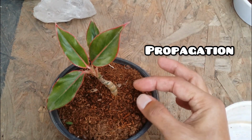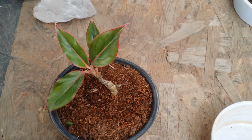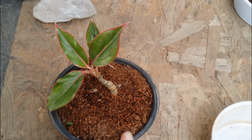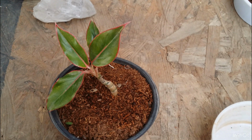You'll have to take out the entire plant from the soil and then separate the offsets. But this all depends upon how big or how mature your aglaonema is. For example, this aglaonema is going to take a very long time to put out the shoots, because it itself is recovering from the past episode. So I'm not very sure if it's going to put out anything very soon. But there is a method of separating the offshoots once they reach a little bit bigger, or you can do